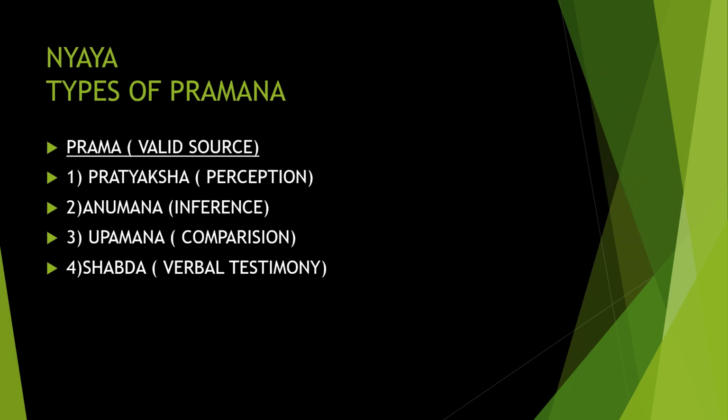Then Nyaya, the types in Nyaya philosophy, the types of Pramana. Pramana is of six types. And Prama, you have seen, Prama means valid source that we are able to see, or a concrete truthfulness. That is what we call Prama. Okay, valid sources. First one is Pratyaksha. Pratyaksha, that is, before us. Perception. Perception means that we are able to see. Okay, that is called Pratyaksha.